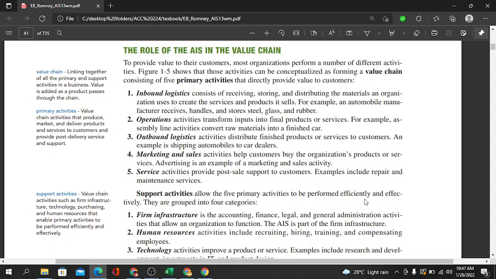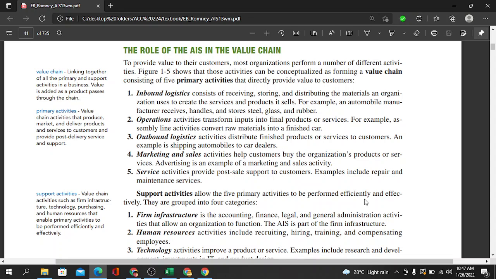So we have the value chain. You have the primary activities and support activities, no? When we say primary activities, usually ito yung hands-on talaga. They are providing value to customers. Sila yung hands-on sa customer, parang they are the frontliners, no? Sila yung primarily involved in the business processing: inbound logistics, operations, outbound logistics, marketing and sales, and we have also services.